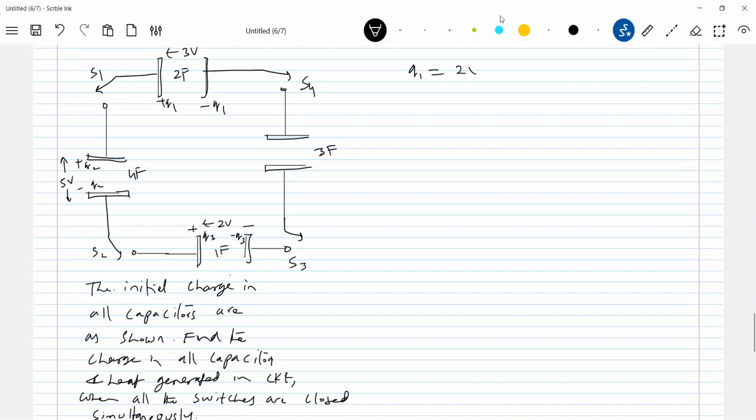Q1 should be equal to 2 into 3, 6 coulombs. Q2 should be equal to 5 into 4, capacitance into C into V, no? So 4 into 5, 20 coulombs. So Q3 is equal to 1 into 2, 2 coulombs. So Q4, 0 into 3, 0. No charge in that. After closing the switch,